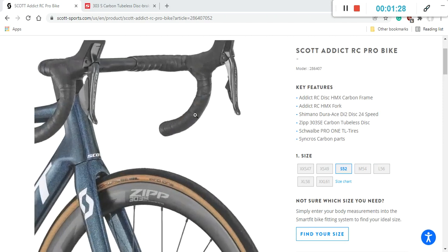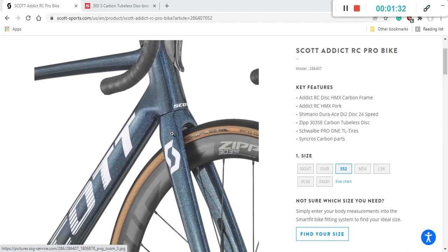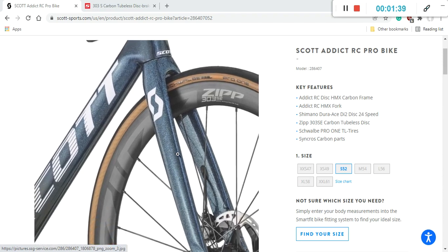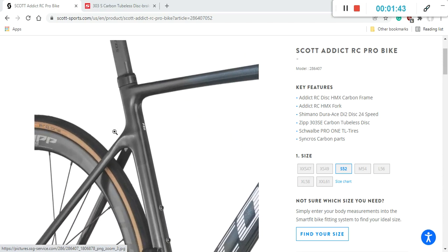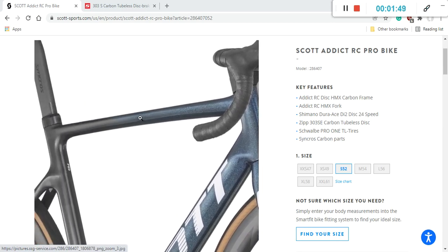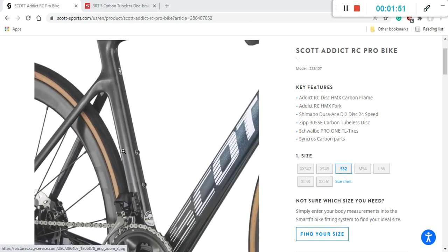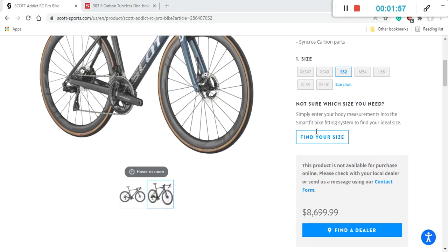One more thing to mention is the paint scheme of this bike. There's only one paint scheme to choose from, which is a bit disappointing because this is a very expensive bike, so I hope Scott can offer at least another paint scheme option in the future. I mean, this one, as it is, a beautiful metallic blue, like a glittering blue, which slowly transforms into black, looks beautiful. I have no complaints, but again, it would be nice to have at least another paint scheme option on this